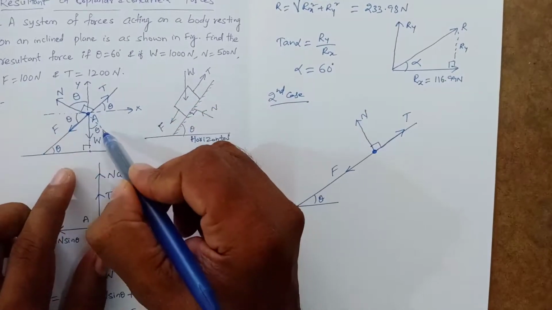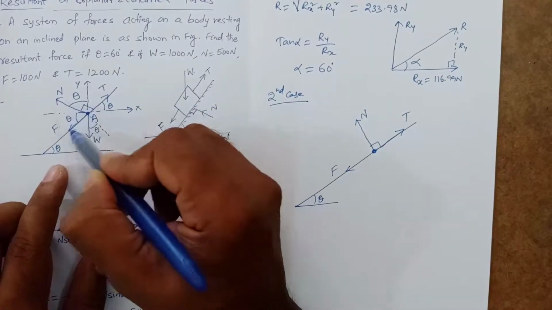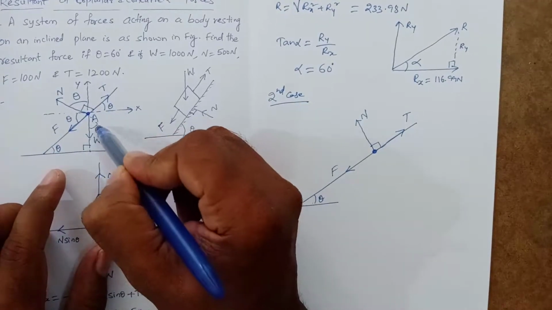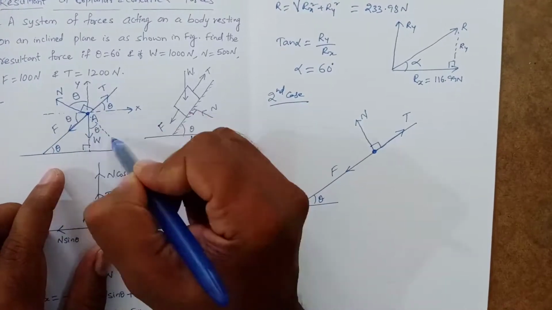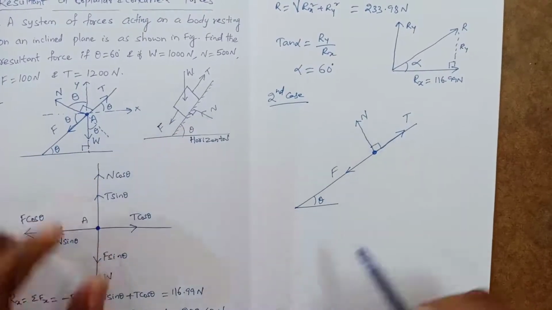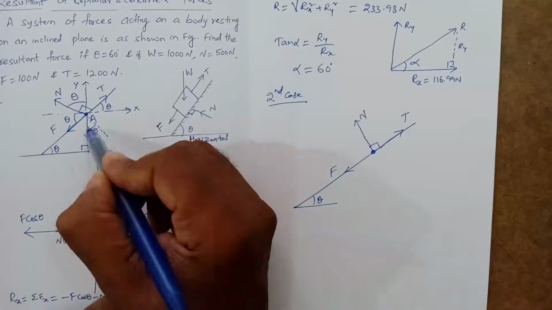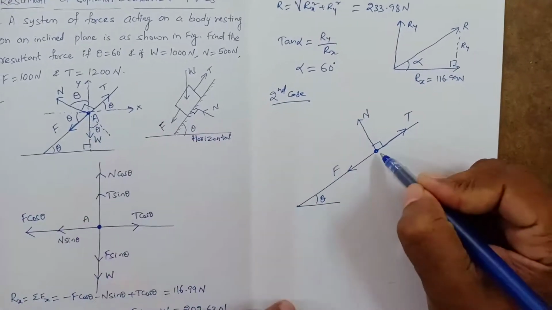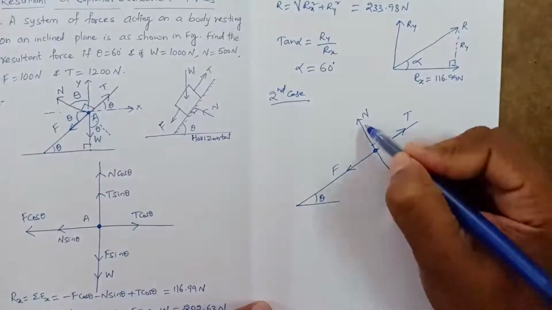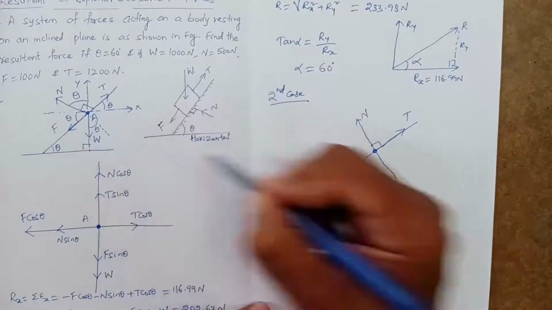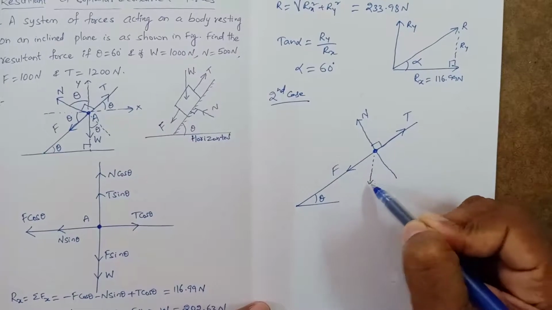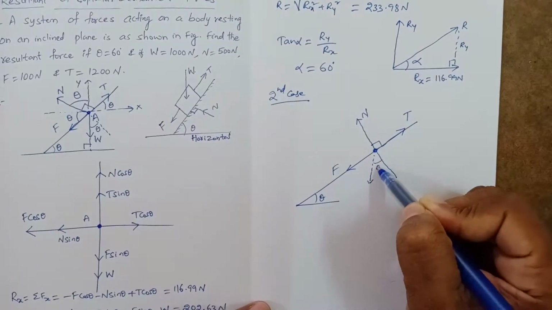This is all one single line, which is normal to this inclined plane. This line which is shown here is normal to this inclined plane, so that implies this is theta. If you resolve it into two components, I will extend this. The same line is here, I have shown the same line here. Now W is like this, and this angle is given as theta.